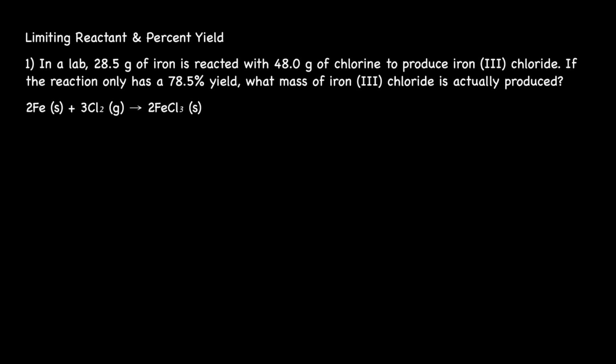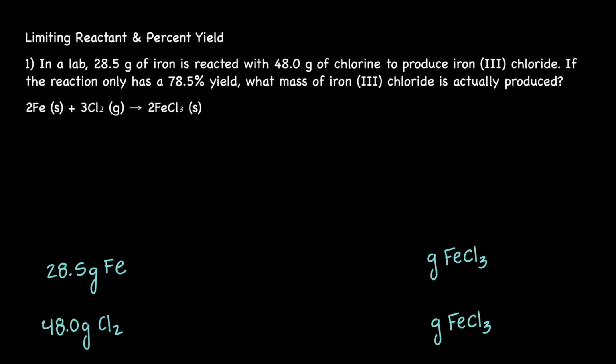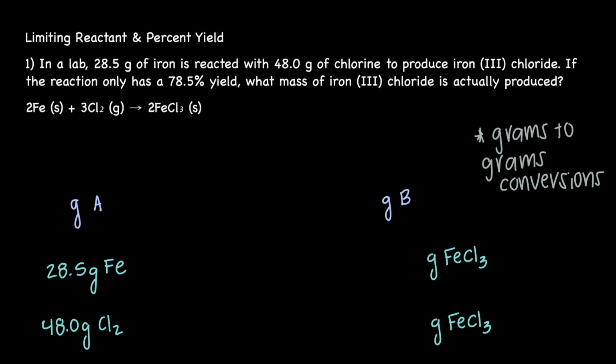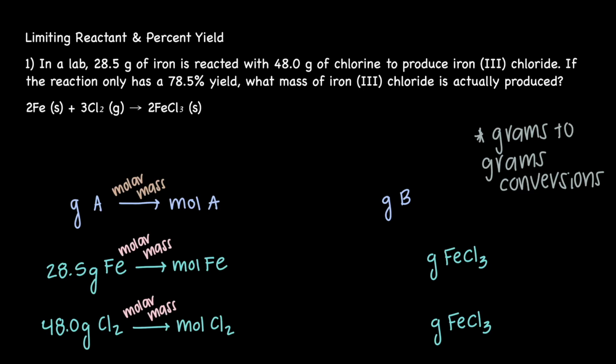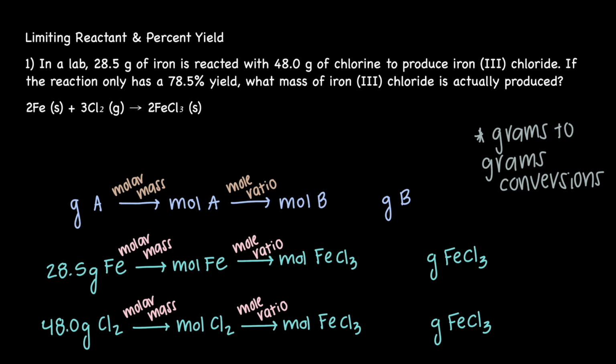First, we will convert both 28.5 grams of iron and 48 grams of chlorine to grams of iron 3 chloride to find the limiting reactant and the theoretical yield. These will both be grams to grams conversions. We first convert from grams of the first compound to moles of the first compound using the molar mass of the first compound. Then we will convert from moles of the first compound to moles of the second compound using the mole-to-mole ratio from the balanced chemical equation. We can then convert from moles of the second compound to grams of the second compound using the molar mass